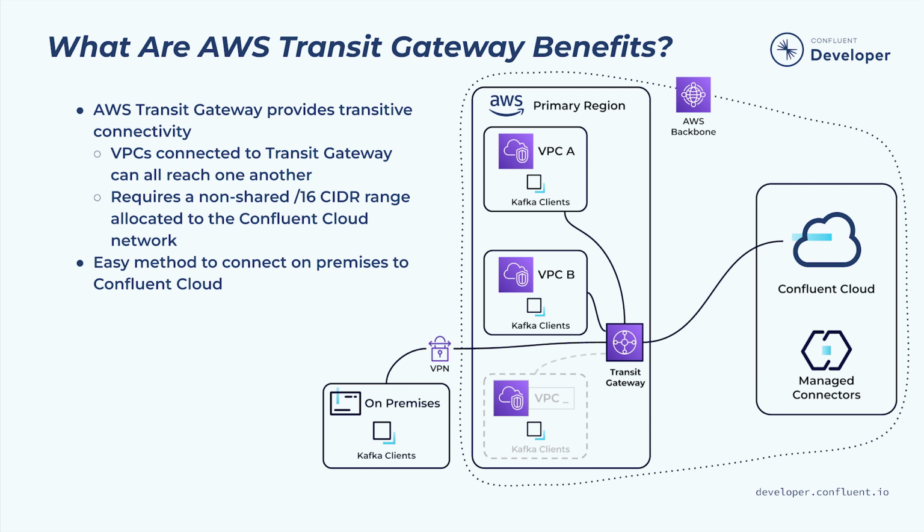From a routing perspective, we'll set up a default route from the Confluent Cloud network to point at the Transit Gateway. All traffic initiating from the Confluent Cloud network that isn't peered directly with one of your VPCs will go through the Transit Gateway. Given that it's still a Confluent peering network, you follow the same process to provision the peering